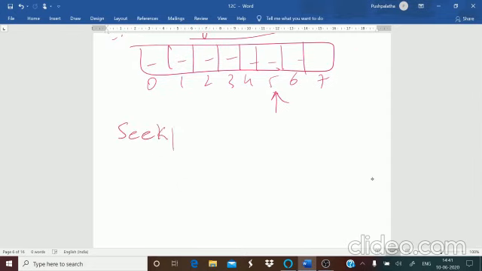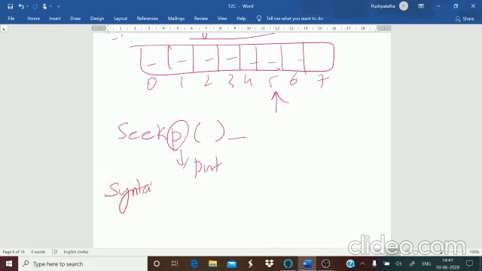Seek p is the next part. You can position the put pointer. Seek p is for your put purpose. It positions the pointer specified by your arguments.